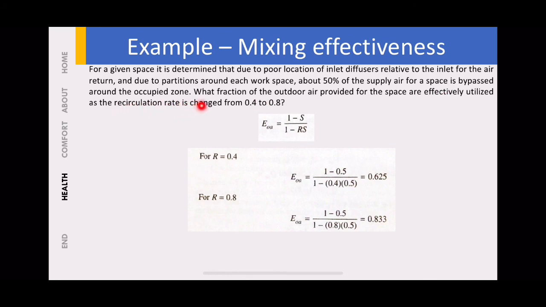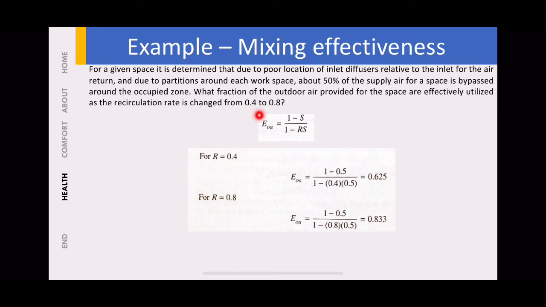So that means the air return and air supply is very far from the space where people are sitting in a room, with a lot of cupboards, so they bypass it. What fraction of outdoor air provided for the space is effectively utilized